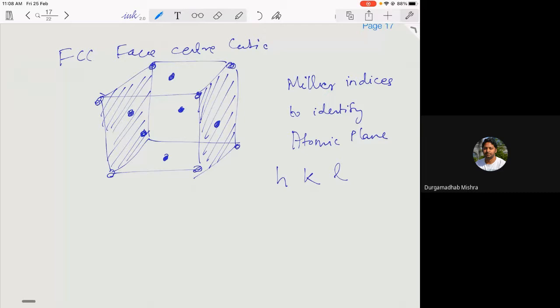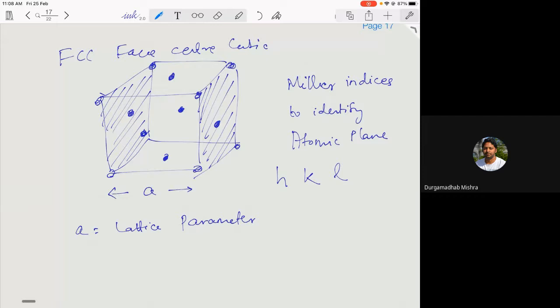And when we talk about this cubic crystal, it has a dimension. This is a cube, so it has a dimension of a, which is known as the lattice parameter. This is very much a material property. If you take sodium or iron, any material, they will have a different lattice parameter. And the HKL values for different cubic crystals can be different,